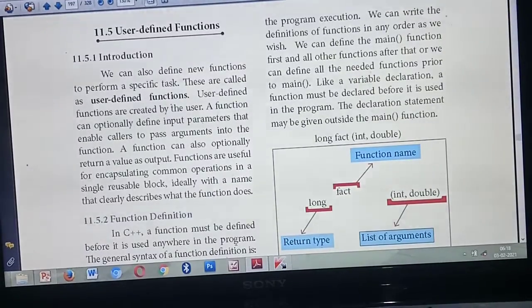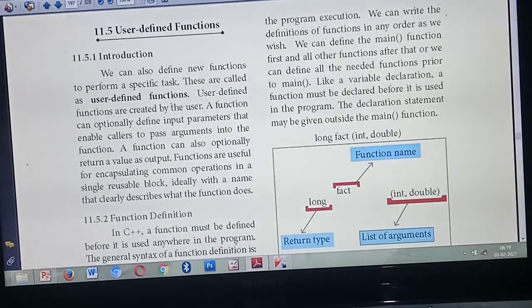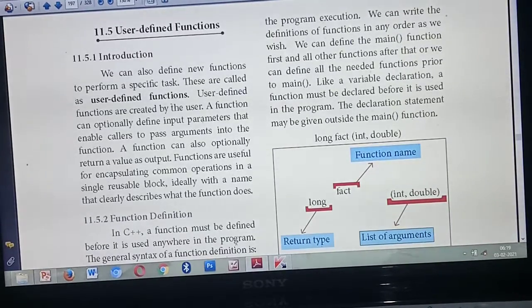Built-in or predefined function means that while you are installing the software itself, particular functions are predefined. Then, based on your wish, you can use that particular function. That is called which one? Built-in function. But a user-defined function is some kind of new function. If you define a function, each and every function will do some task, and that is called user-defined.